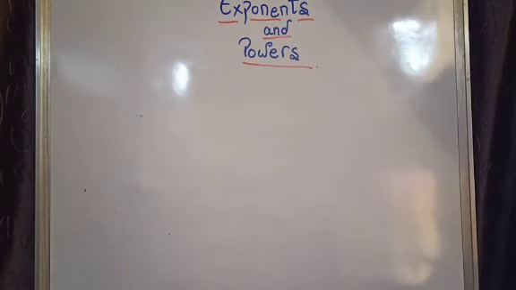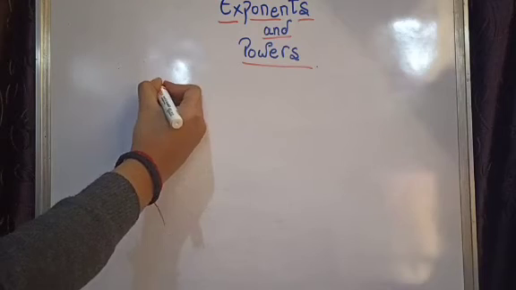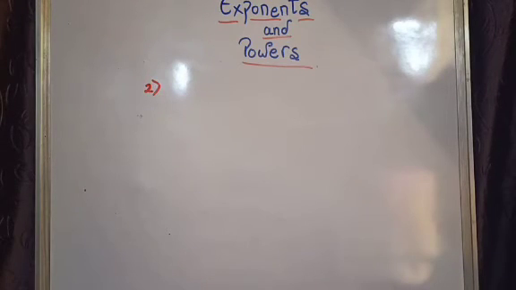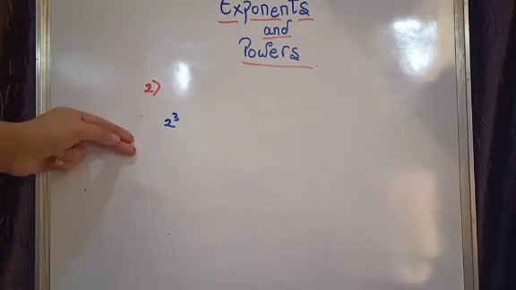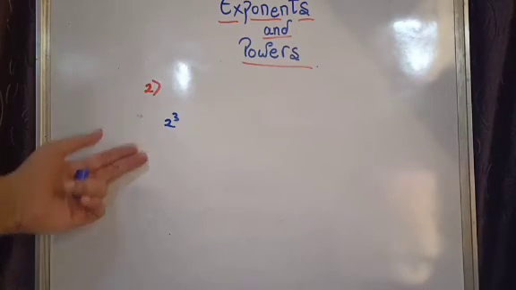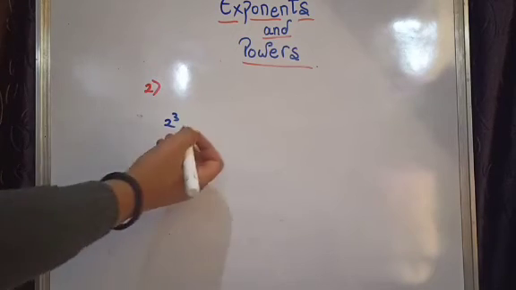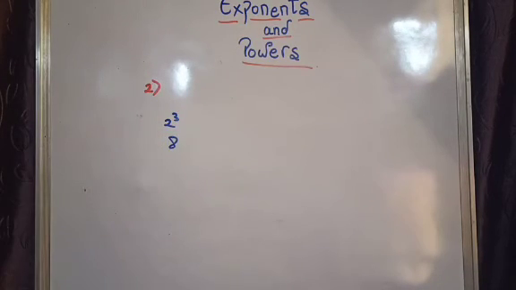So hello friends, now we are going to begin our second question, and the question is: evaluate the following. Okay. So what is evaluation? Evaluate means that if a number is given as 2 to the power of 2, now convert it into a number. It is in the exponential form. I have to convert it into a number, 2 to the 4, like this only. This is known as evaluation.